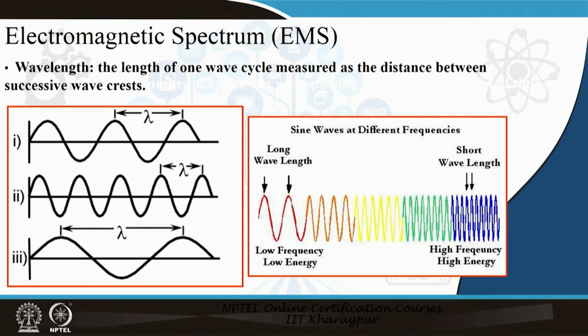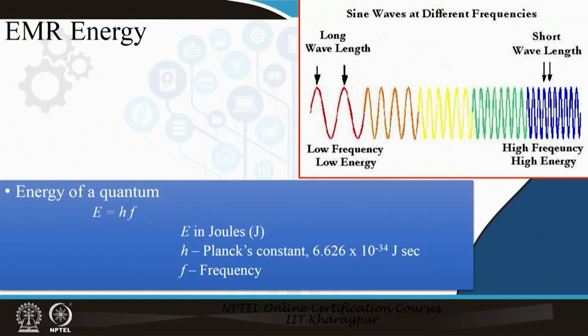Okay. So, when you look at this, this can be explained very clearly by the laws of energy. The same laws of energy are applicable in terms of remote sensing. When there is longer wavelength, you have lower frequency. When you have lower frequency, you have lower energy. When you have shorter wavelength, you have higher frequency and higher energy. Let me explain it to you by the